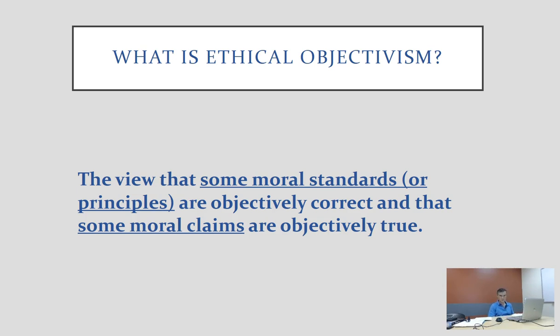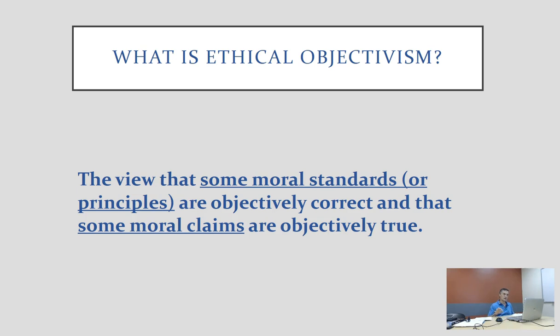Okay, so first of all, we want to set the backdrop against which ethical relativism is expressed. And it's in reaction to the natural position of ethical objectivism. We find ethical objectivism not necessarily fleshed out as a theory, but mainly as the default position that people have. It's manifested in the way we talk about behavior and moral rules and things like that, where we express them as, well, these apply to everyone. Occasionally, of course, with qualifications.